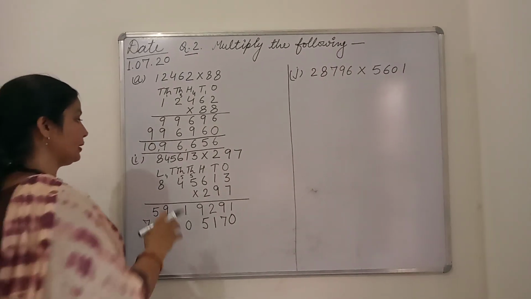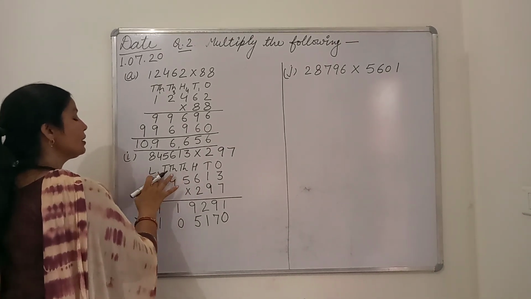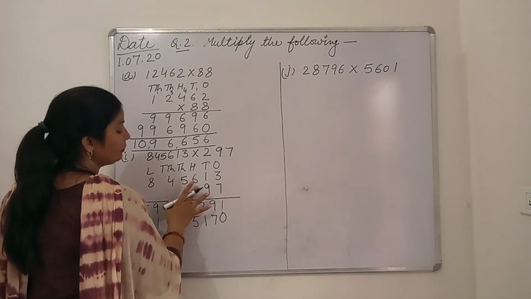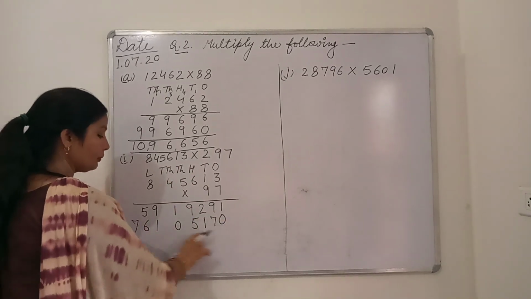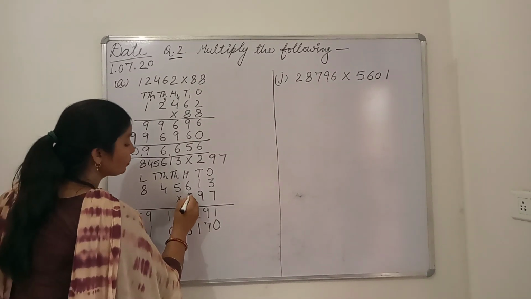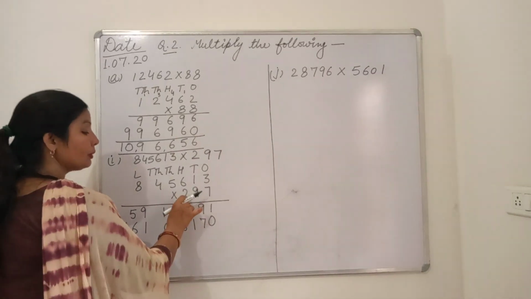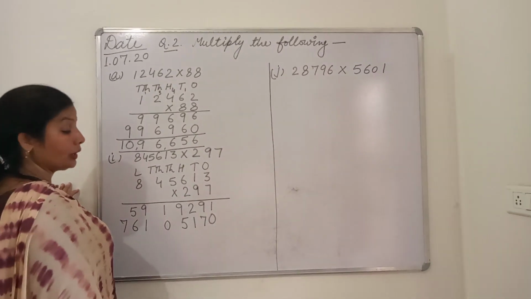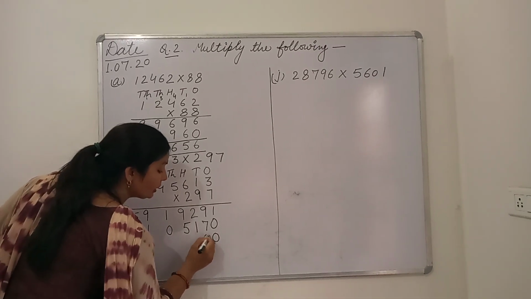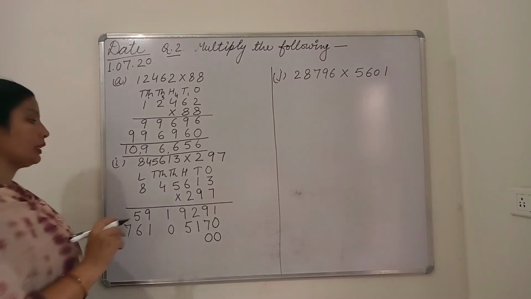Multiply by 100. Because if there is only 97, then our product is finished. But if we have only 97, here we have done finish, and then we will do addition. But in this we have 297. 2 is also there. So now we should multiply by 200 also. 200 means the ones and tens column will be 0.